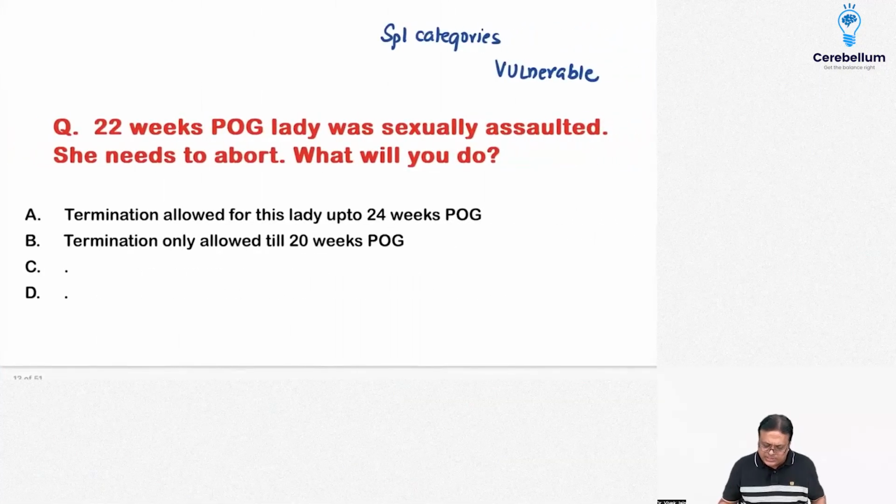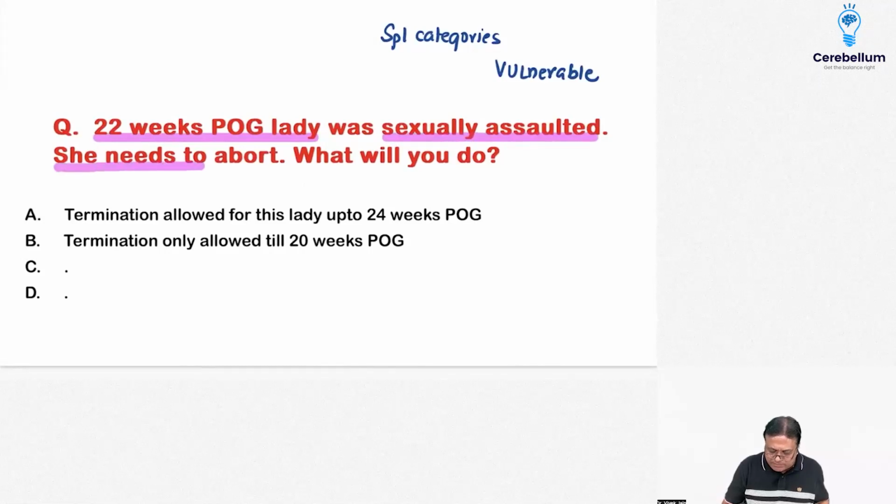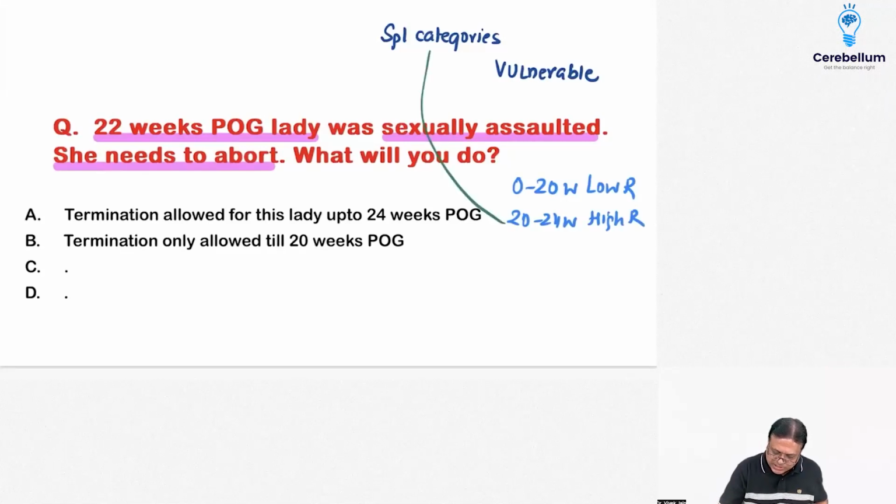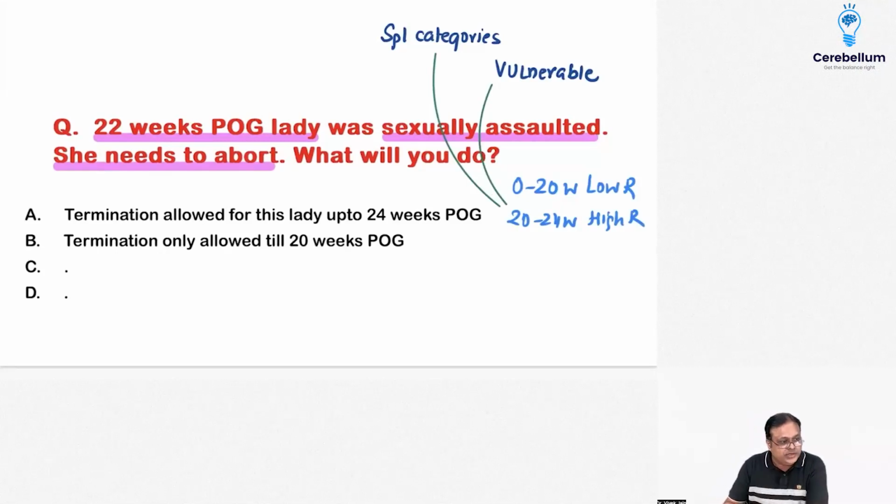Okay. There was a question: a 22 weeks period of gestation lady, sexually assaulted. She needs MTP. What will you do? So friends, we have already discussed up to 20 weeks. This is low risk. 20 to 24 weeks is high risk. And what is covered in high risk are actually the women who belong to a special category, or who are vulnerable. Now, what are these special categories? Special categories actually include rape, that is sexual assault, incest, minors,